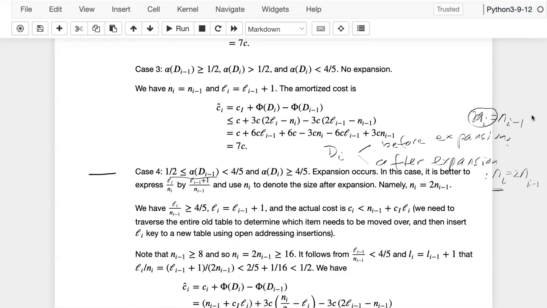Hence, I have the load factor alpha of D sub I. Also, I have two versions. So this is before expansion and after expansion. So before expansion is going to be L sub I over N sub I minus 1. And then after the expansion is going to be L sub I over 2 times N sub I minus 1. So this is a subtle point. All right, so once we have made this clear, then we know that